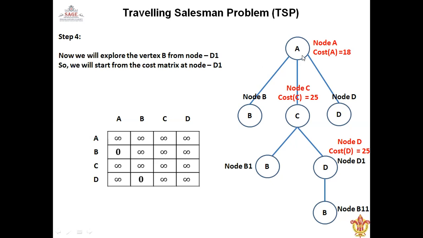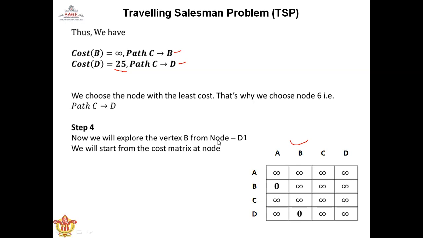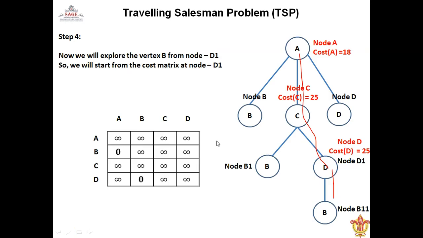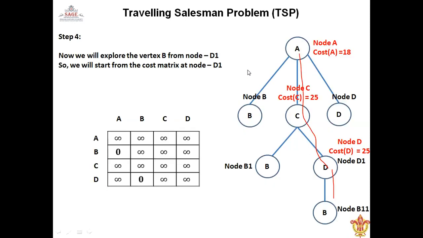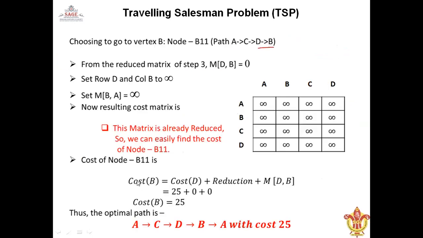See, from where we started, A to C, C to D. Now we'll go from D to B itself. And we have these matrices. Let's see, what will happen from D to B? We'll have to see the value in the earlier matrix, that D to B is 0. Here it is given. D to B is 0.